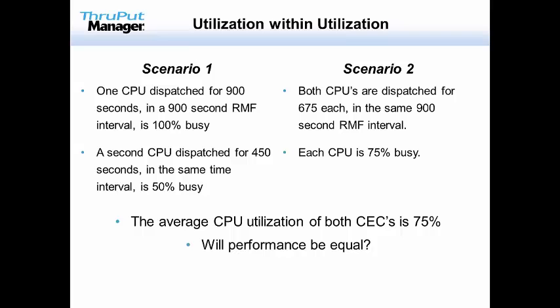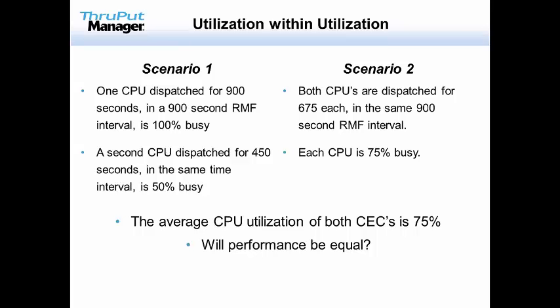But would performance be equal? Within the machines, would the applications behave the same? Well, what can we say about some of these numbers? Looking at the first point, scenario 1, one of the CPUs is 100% busy. So if an application tries to dispatch on that CPU, it's going to wait a very, very long time. Apply the queuing chart that we saw a minute ago. Whereas if it runs on the other CPU, it's actually going to run just fine. That one's only 50% busy. It's got lots of space.